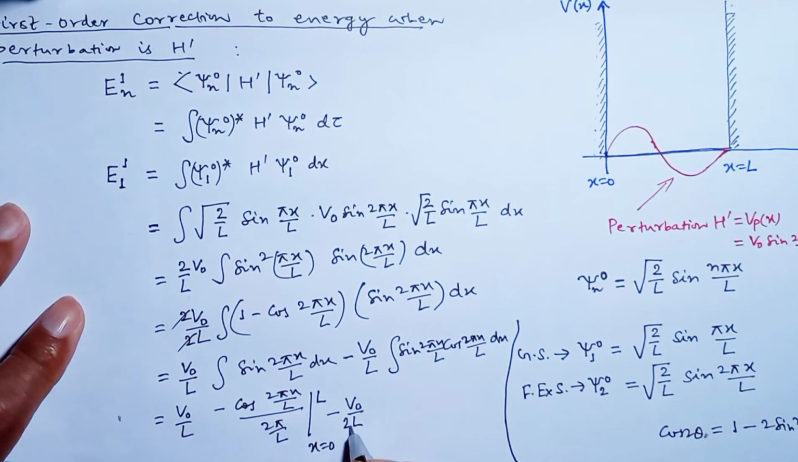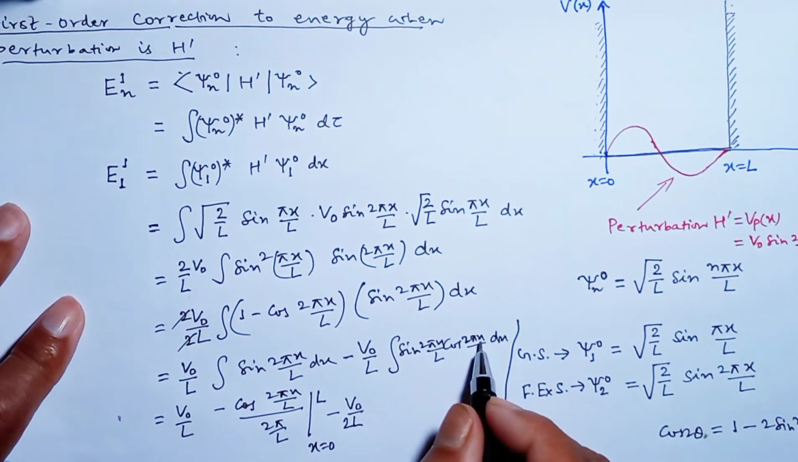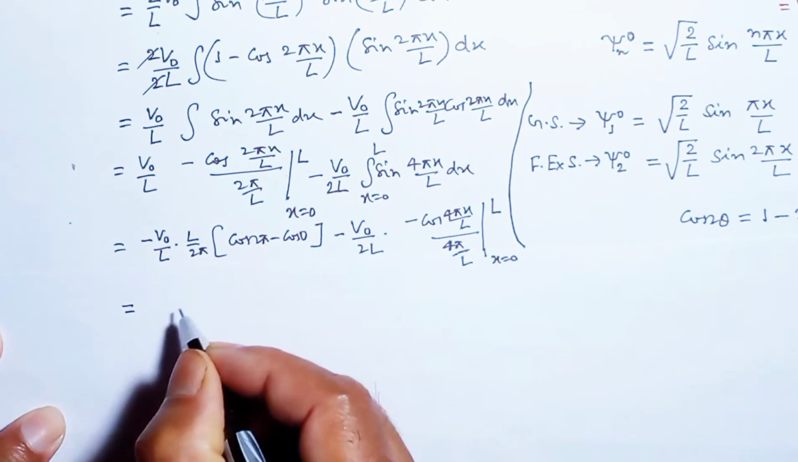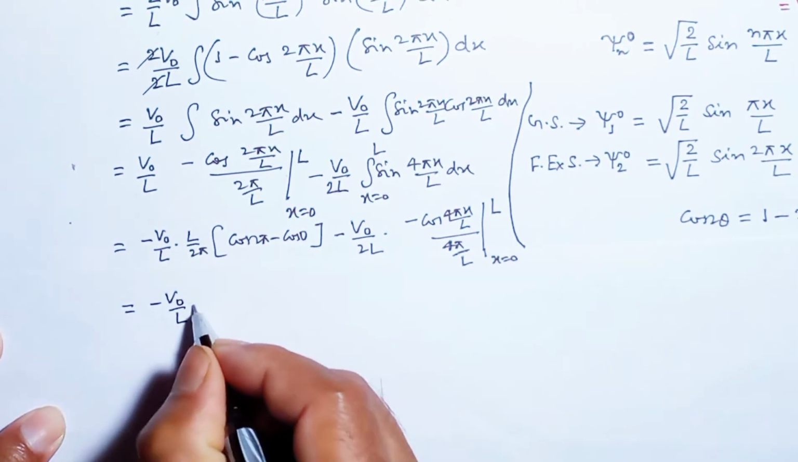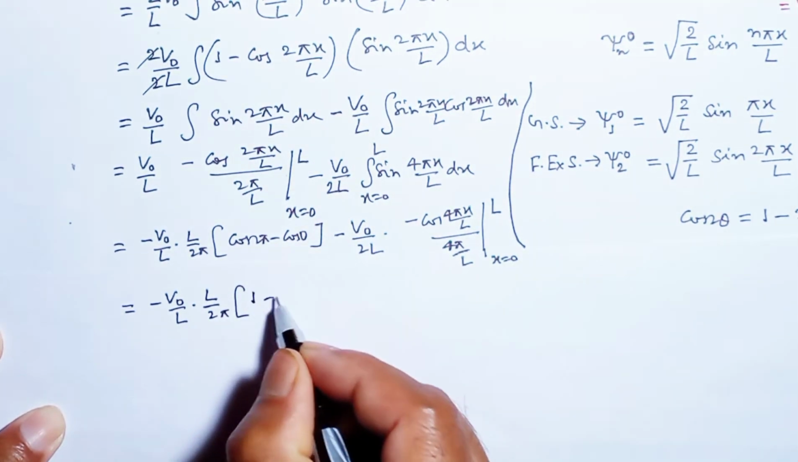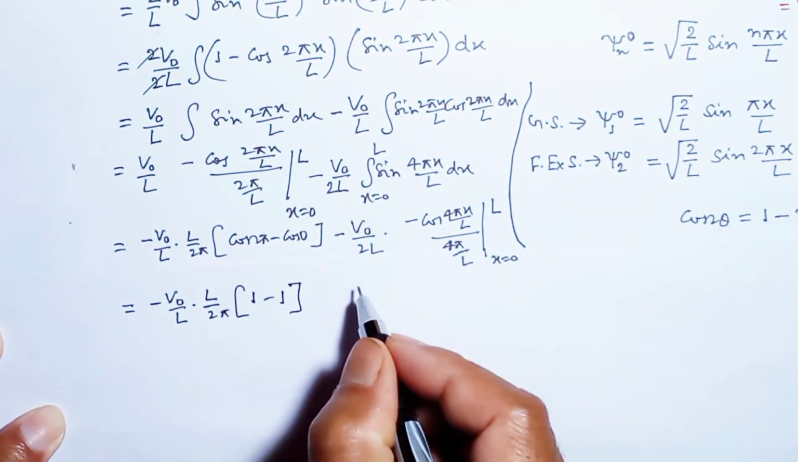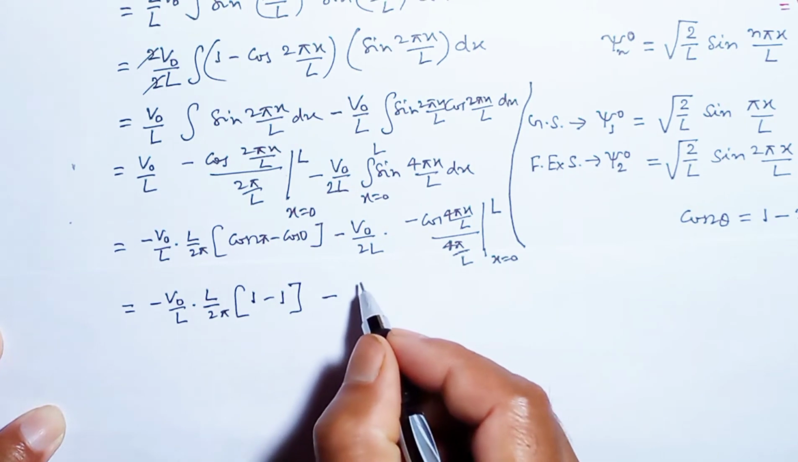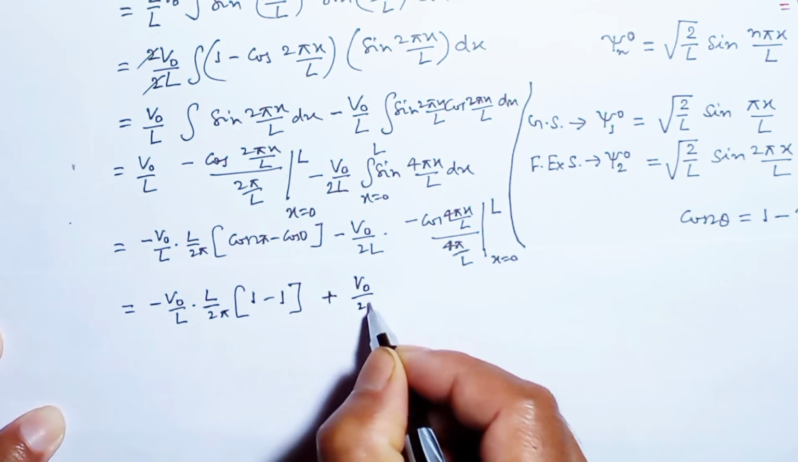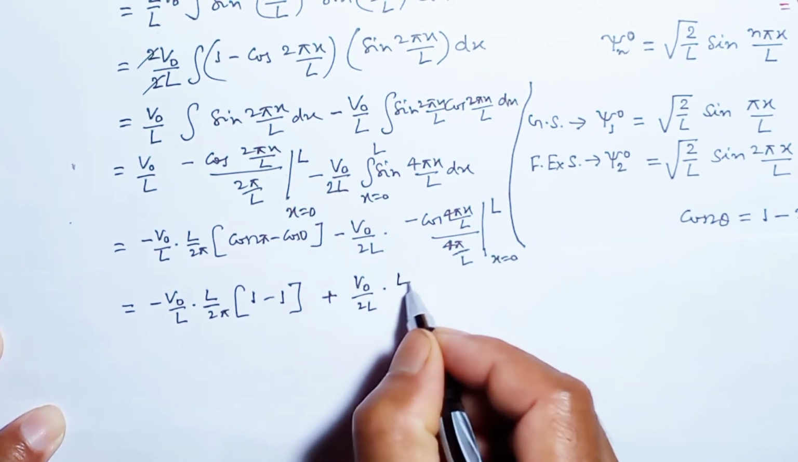Now divide by 2 and multiply by 2, so it is 2 sin theta cos theta, that is sin 2 theta, that is sin twice of this, that is 4 pi x upon L dx, integrated from 0 to L. This becomes minus v0 upon L into L upon 2 pi. Cos 2 pi is 1, cos 0 is also 1, 1 minus 1, minus plus v0 upon 2L multiplied by L upon 4 pi,